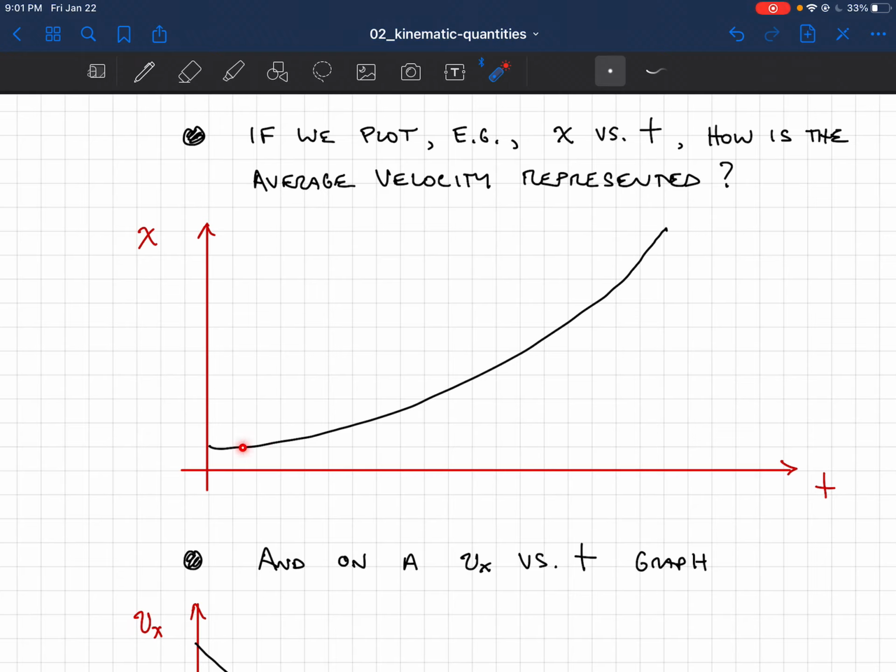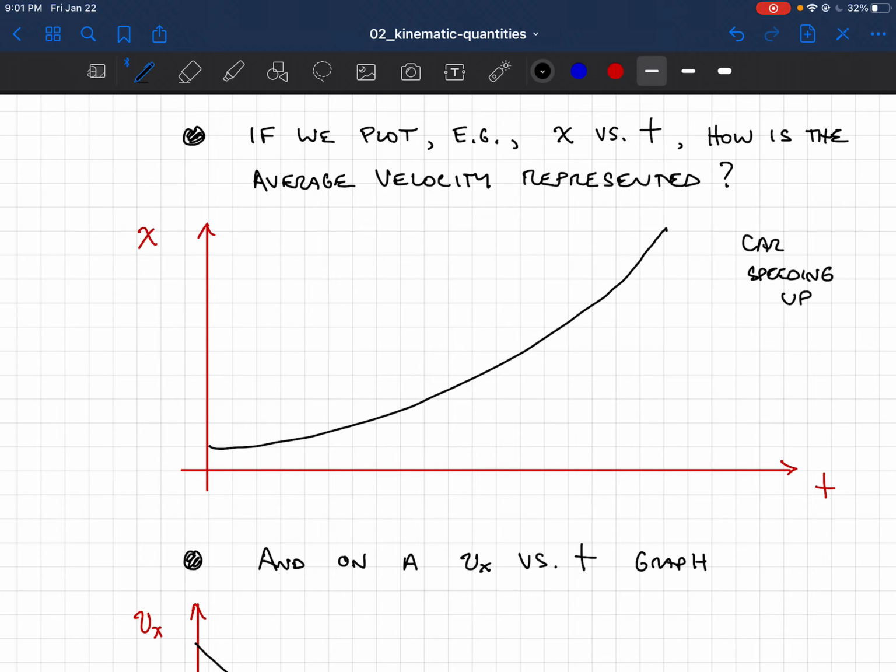Well, this one, if you notice, in the early times, the x value hardly changes at all. So the object isn't really moving at this point. And then very slowly, it starts to increase its x position. So maybe this is like a car that's at a stoplight, and then slowly it's increasing its x position. And then you can see at a certain time interval later, it's increasing its x position by a lot more. So this is like a car speeding up. So let's write that. Car speeding